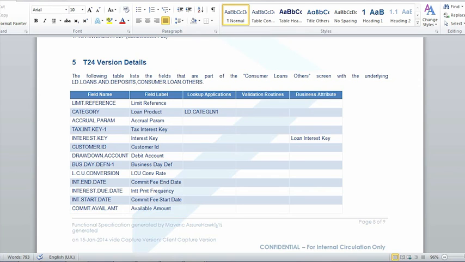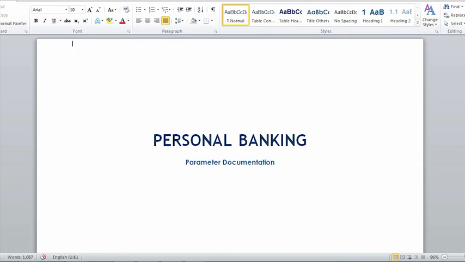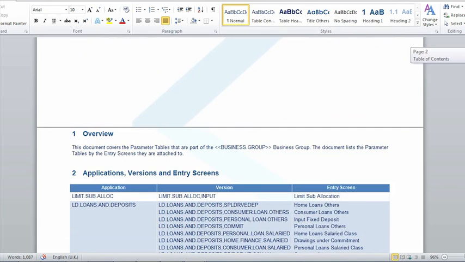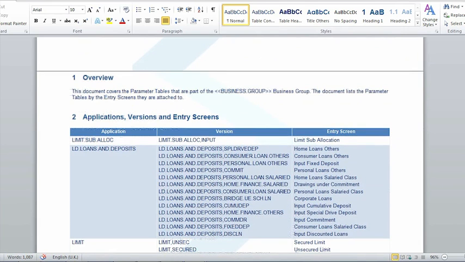Now we will go to the parameter document, which is essentially used by the IT team in order to resolve issues concerning the operations of T24. This is generated at the business group level and therefore carries all the applications, versions, and the entry screen. The entry screens are the ones as they appear in your configured T24 instance. The version is the one which has been configured for you, and the application is the one which is provided